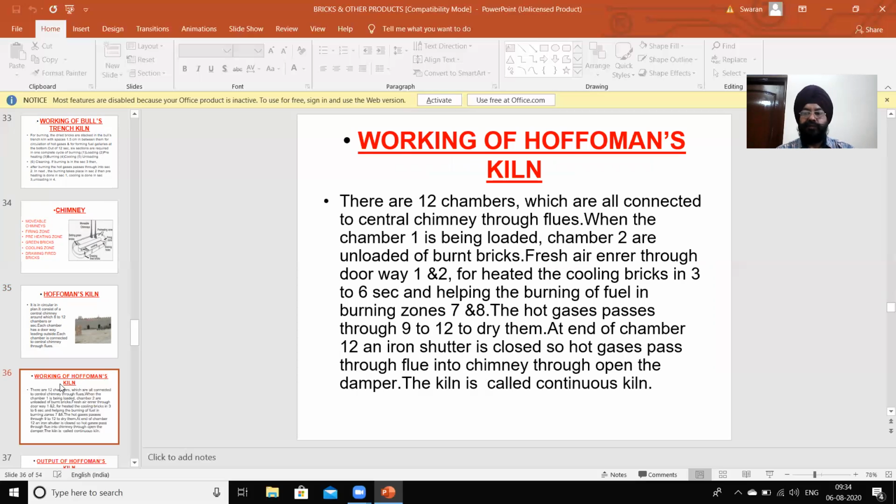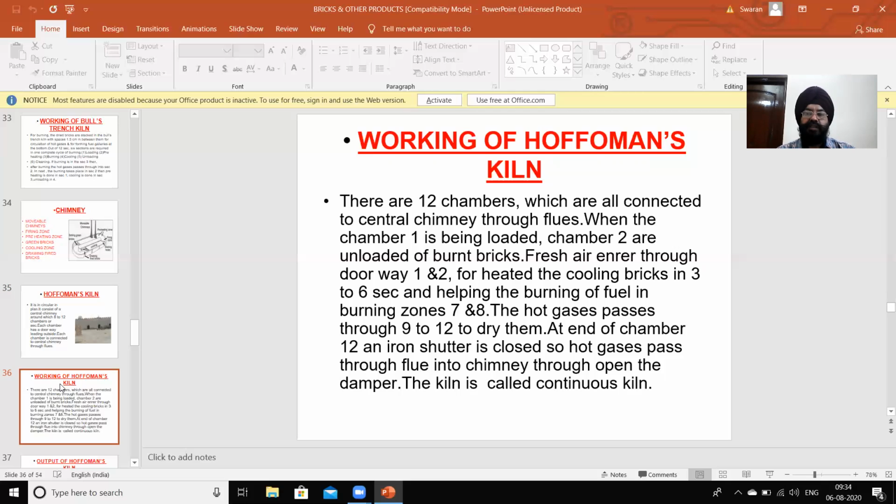So, working of Hofmann's kiln. There are 12 chambers which are all connected to the central chimney through flues. When chamber 1 is being loaded, chamber 2 is being unloaded of burnt bricks.